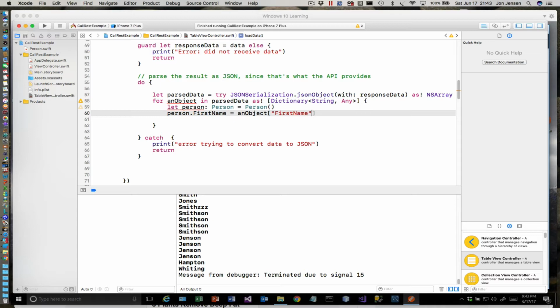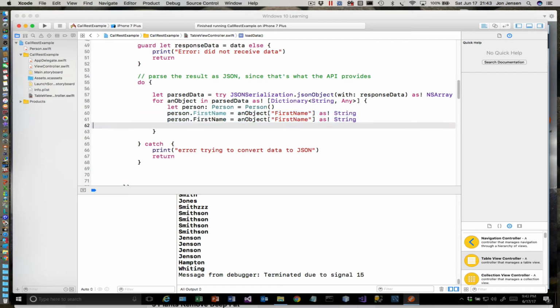That's what's coming from our JSON, and that is as a string. Okay, and we will repeat this for our last name. So all we've done is we've created an object of the person class, and we're just loading up its data